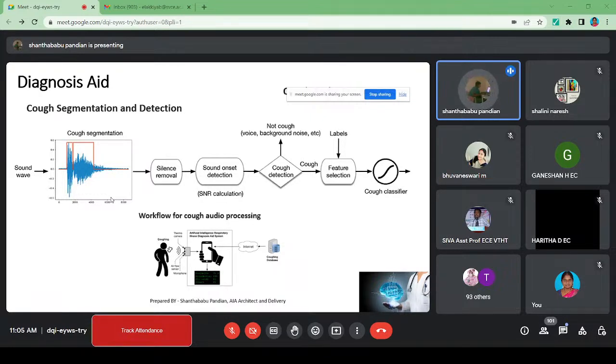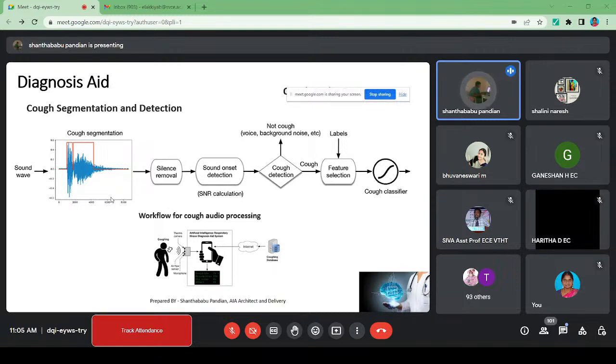So it takes the data and does sound onset detection and SNR calculation, right? Signal to noise ratio. These are actually from the ECE perspective. So we'll take the data, and in communication systems, I remember I have studied this one. So probably you guys are on top of that. So you are familiar with this one. And then extracting the cough detection